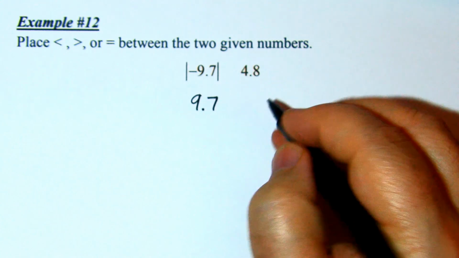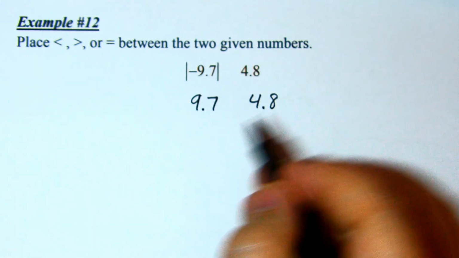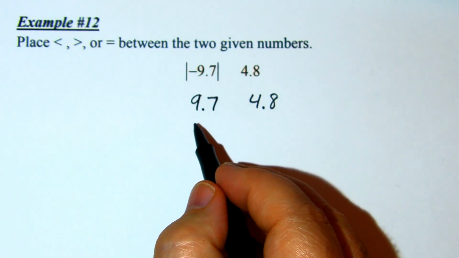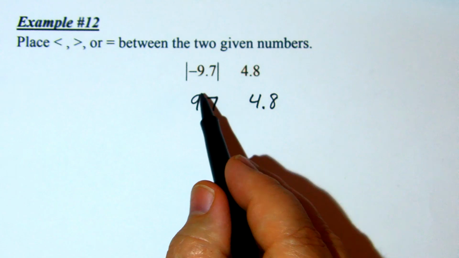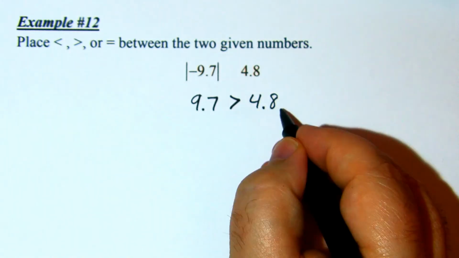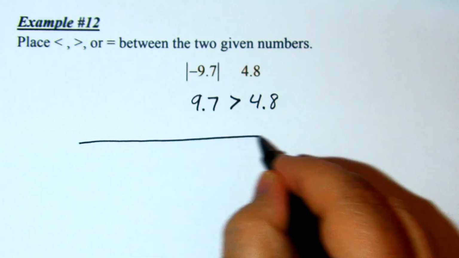I'll leave some space, and we have to compare that to 4.8. Now, some of you may be able to finish off the problem right now by noticing and realizing that 9.7 is greater than 4.8. If you want to use the number line to be sure,